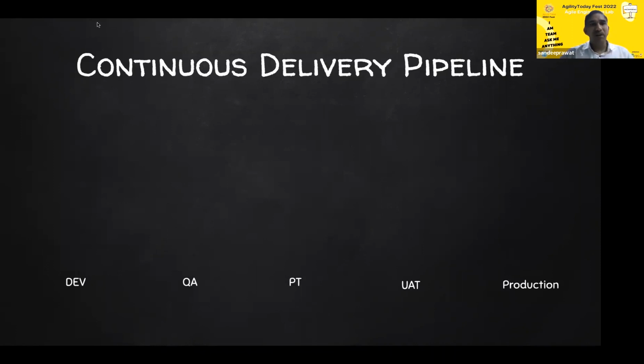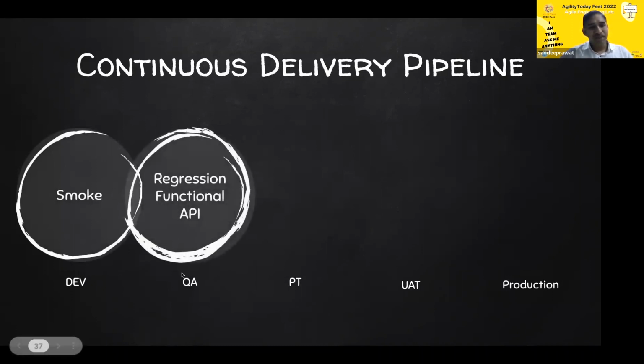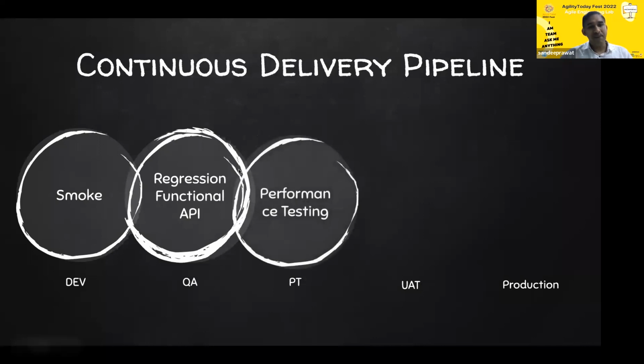Now we talked about continuous delivery and deployment. So this is what we were talking about. We are saying that on the dev environment, your smoke testing will happen. If it passes, then the release will be sent to the QA environment where regression, functional, and API testing will be performed. If it passes there, then whether you have performance testing concept or not, if you have that, then